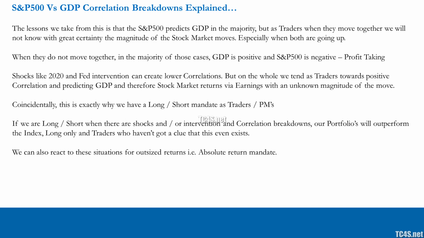So we know by taking the top-down approach, where we're trying to predict future GDP 6 months out, and we're utilizing stocks as a proxy to make money from our view on GDP and earnings. We take this approach, and we know at the same time the odds are in our favor, but we know that it's not 100%. We know we can be wrong.